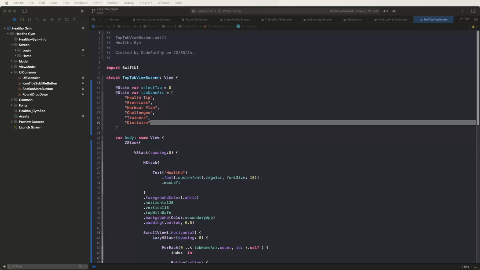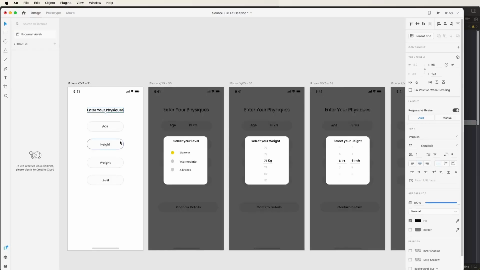First of all need to see these designs inside the XD files. Now need to open here the XD files. First of all need to enter your physics screens, need to develop like this here, and then after need to develop this here the select levels radio buttons. Then after the select your weight screen to develop here, inside need to use this here the pickers controls, and